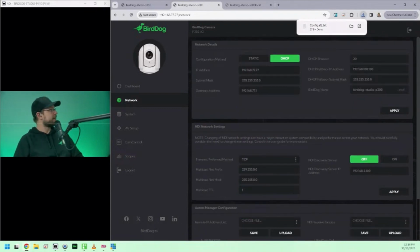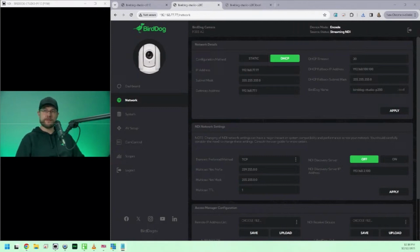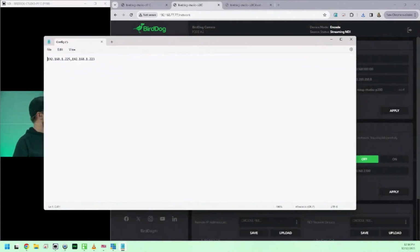You click on Save, and it downloads a configuration file. When you open that configuration file, it will literally open a text file that looks like this. And see how this is very programmer language. It has the IP addresses right here, right? So 192.168.77.23 and 192.168.77.45. Why not? Okay, so if we do this, no spaces, notice there are no spaces,